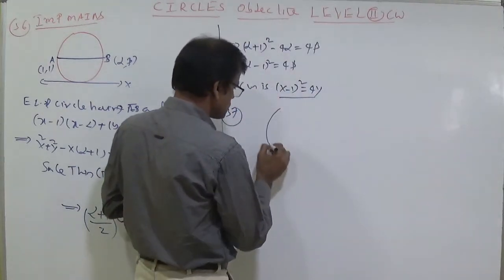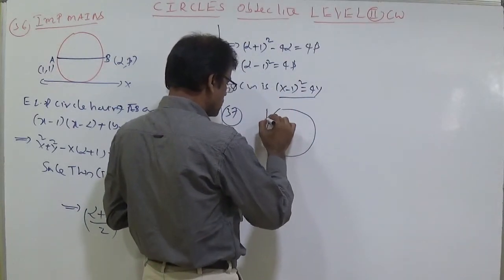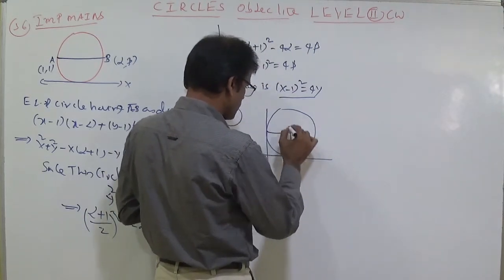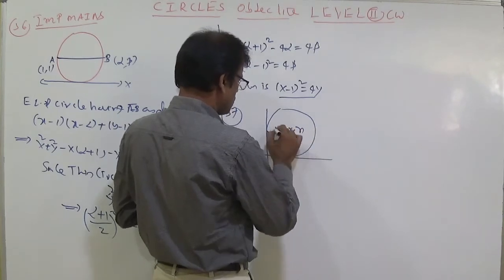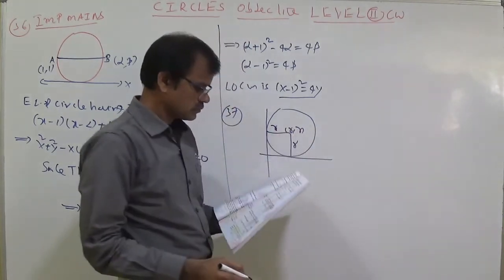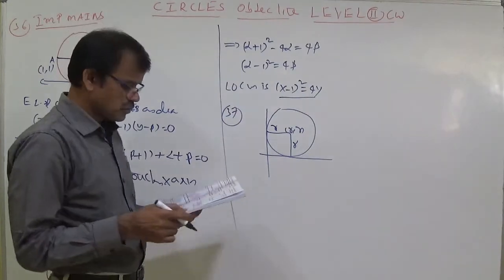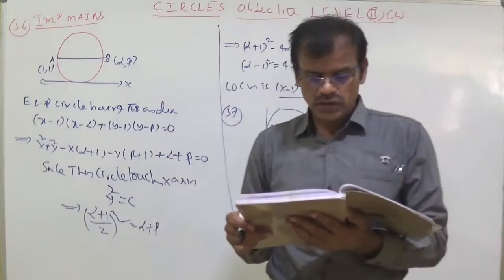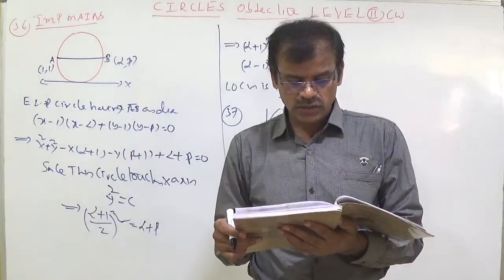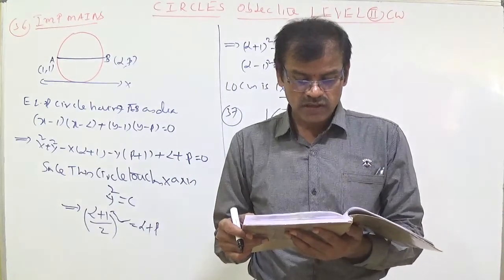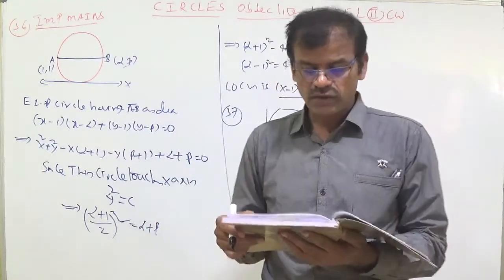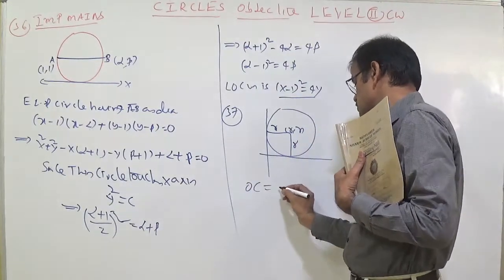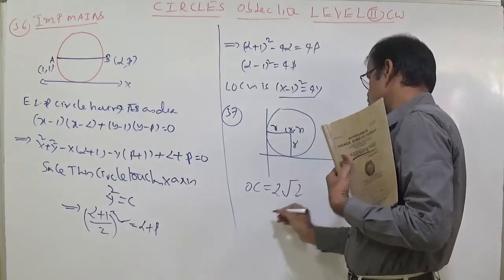A circle touches both axes. The center is (r, r) and the radius is r. Here this is r, r and this is r, this is r. The circle touches both axes and its center is at a distance of 2 root 2 units. You can think of this as center (r, r), radius r. According to the options, every option is there, but according to the condition of distance 2 root 2 units from the origin, you write OC, where O means (0, 0) and C means center. OC is 2 root 2.